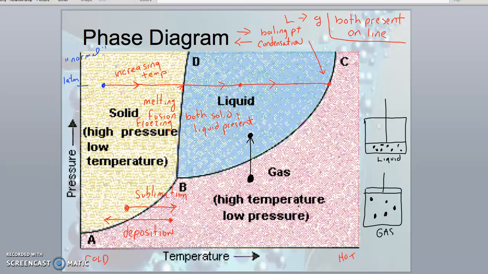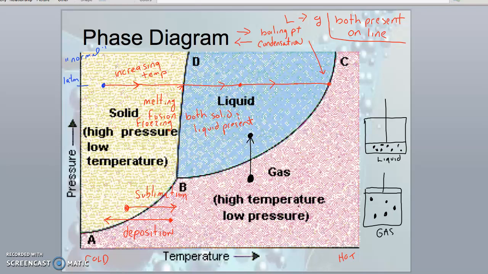Oftentimes they don't indicate which area is the solid, the liquid, or the gas, so you'll need to come up with a method to figure this out. Now the liquid's always in the center. That might help you. Another thing we can do is go to really cold temperature and high pressure and imagine what that would do to molecules if we got them really, really cold and slowed them down and then put them under a lot of pressure. Well, that would be a solid phase. So lower pressure, if we weren't pressurizing stuff, might favor a gas phase. Whatever works for you, you'll want to know those things.